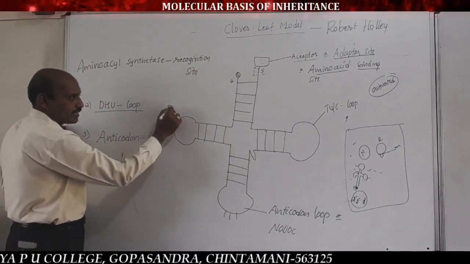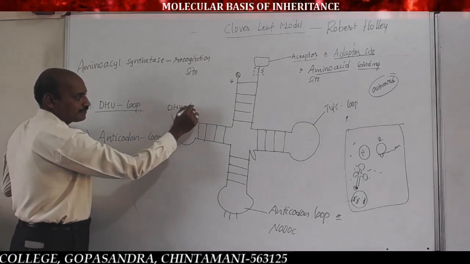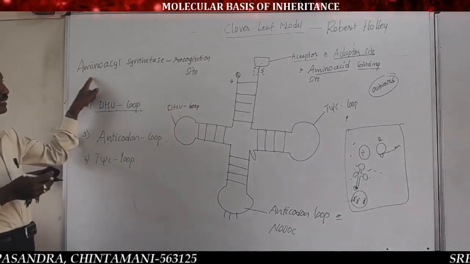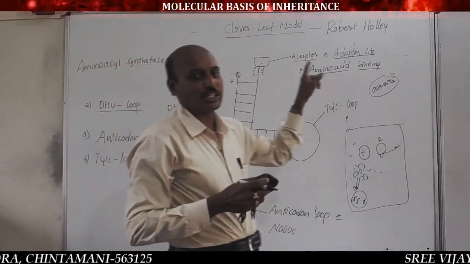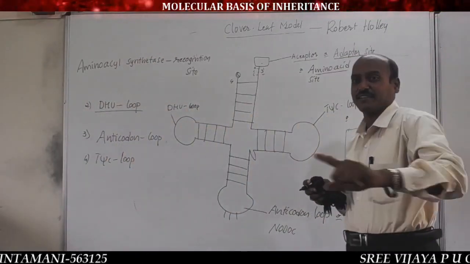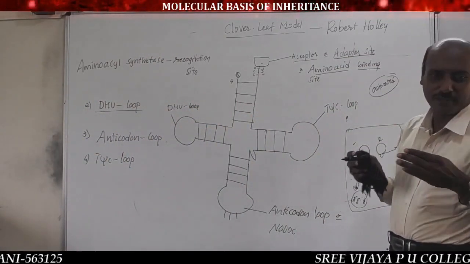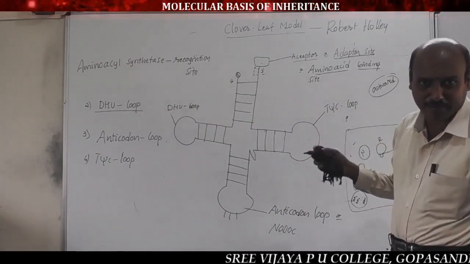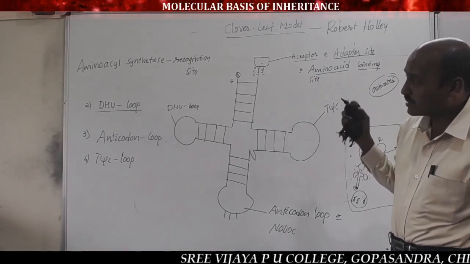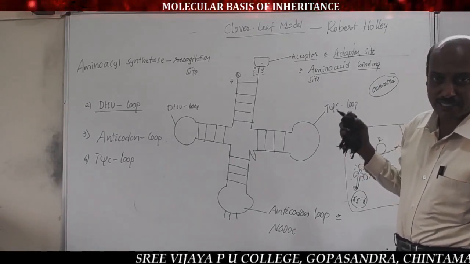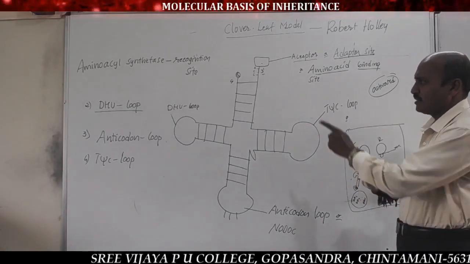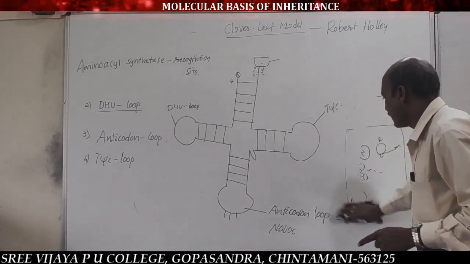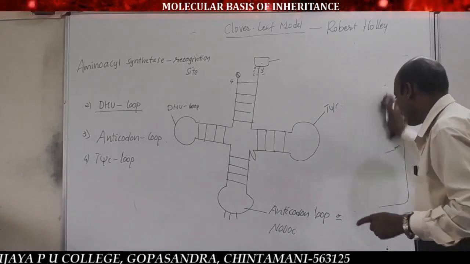See, this DHU loop is also called the amino acid synthetase recognition site. One lengthy definition, lengthy word, lengthy enzyme name: amino acid synthetase recognition site. Why, sir? It is also called amino acid synthetase recognition site because